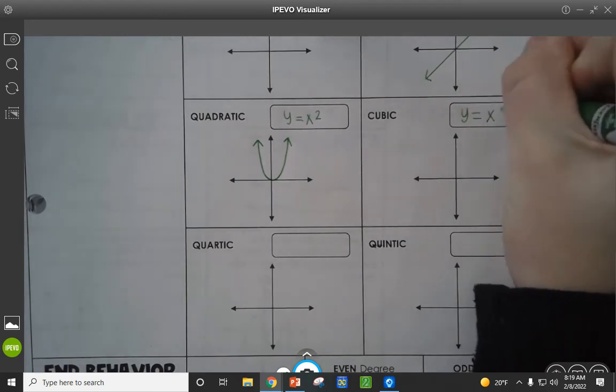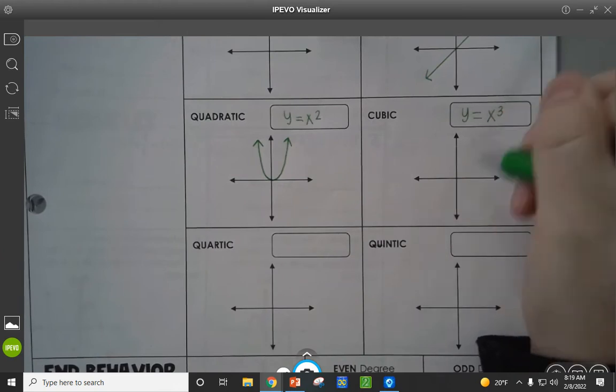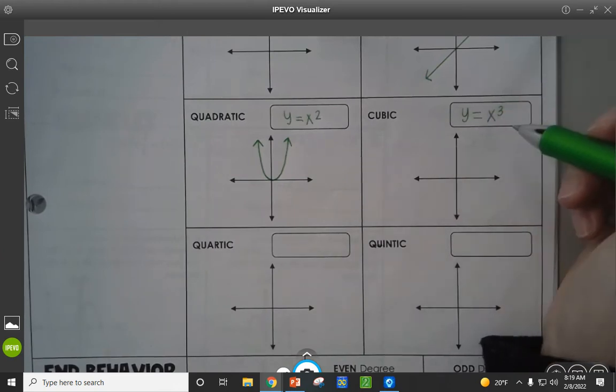Y equals x cubed. That's a cubic function. So the parent function, if you were to type in just x cubed,